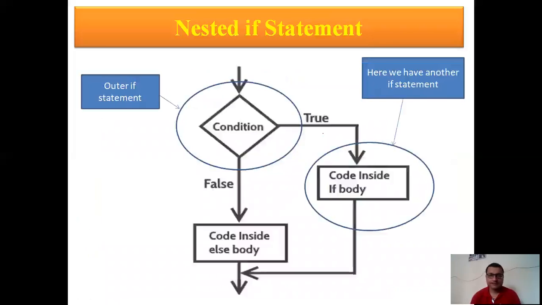Okay. So you can understand this with the flowchart also. First of all, we have a condition. This condition belongs to the outer if, right? If this condition is true, then the block of if is going to execute. Now, what is happening inside this block? In this code, inside this block, we can have another if statement. So this is the first if, or you can call it the outer if, and here we can have another if and we'll call it the inner if, right?